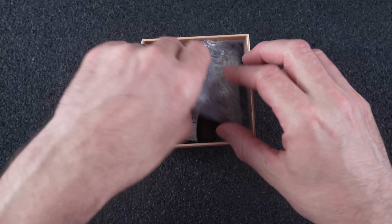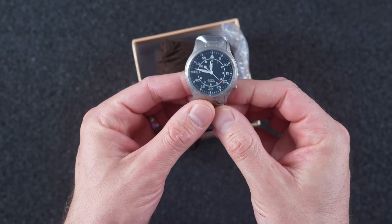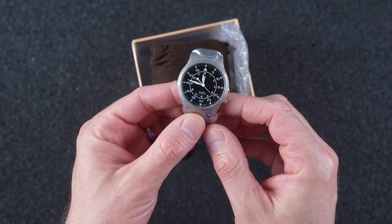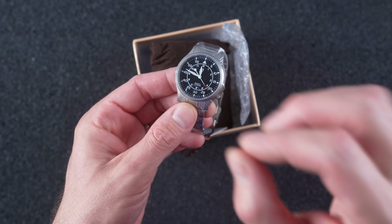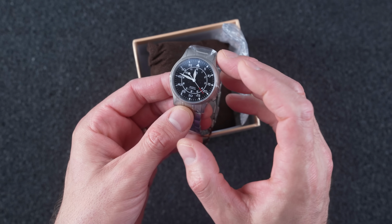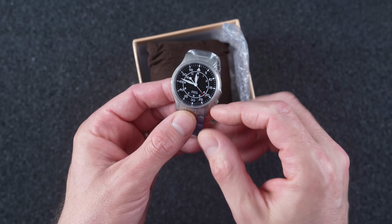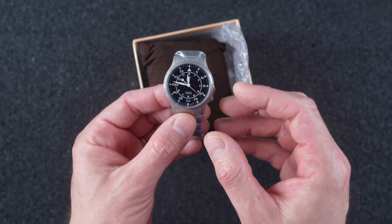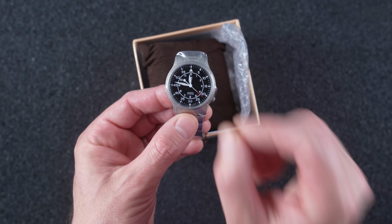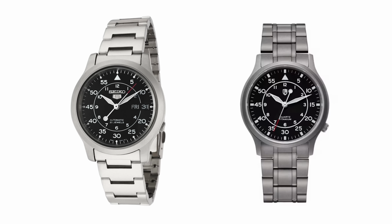I kind of think I know what I was doing here, but maybe I don't. Yeah, you see what I've done, I'm sure. I'm sure that the majority of you will instantly recognize what this watch is supposed to be. What this watch is homaging, is copycatting, is looking alike. Sure, it's a kind of generic field watch design, but it is rather specific to one particular reference. So this BERNY is pretty much a one-for-one copy of the Seiko reference